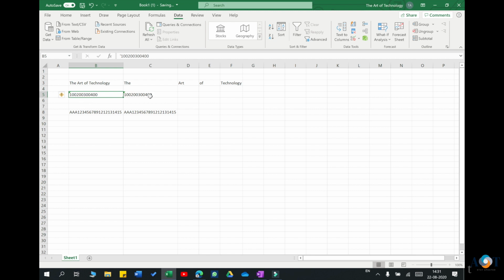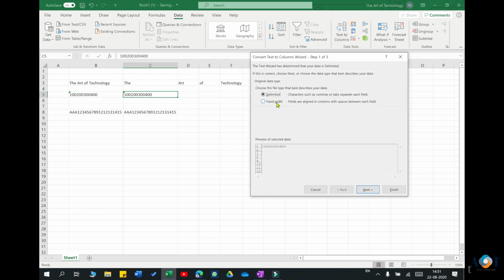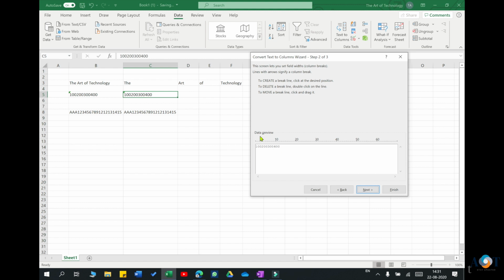Now let's do this for the numbers, where the numbers change after every 3 digits. Let's use the same way, but this time it has a fixed width. So I'm going to select Fixed width, then Next, and I have to mention after how many digits my numbers are going to separate.